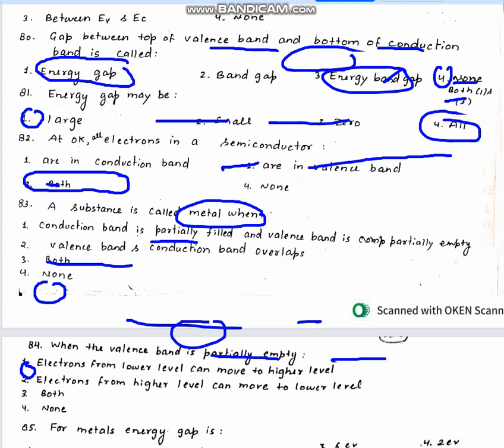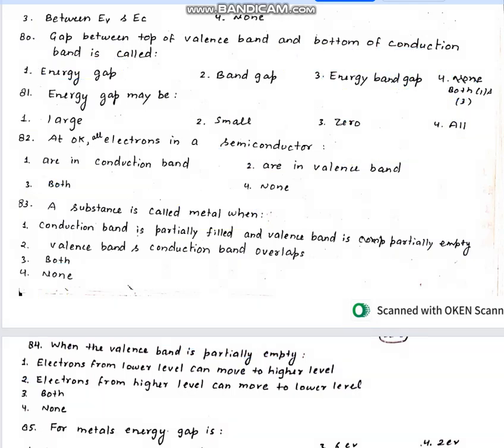Next is at 0 Kelvin, all electrons in a semiconductor are in the valence band. So a semiconductor behaves as an insulator at 0 Kelvin. It's a very important concept over here. Next is a substance is called metal when conduction band is partially filled and valence band is partially empty. They overlap, so both are possible. So when there exists a situation in which conduction band is partially filled or both bands overlap,